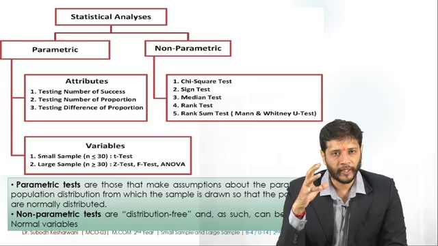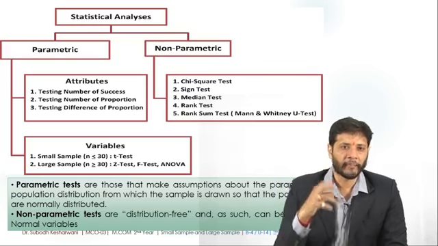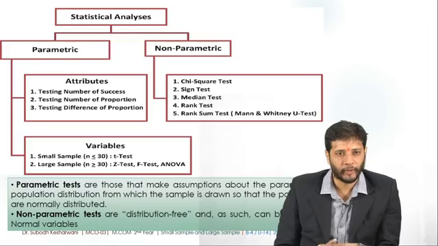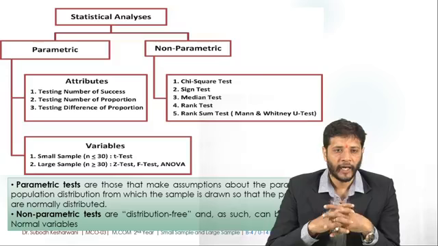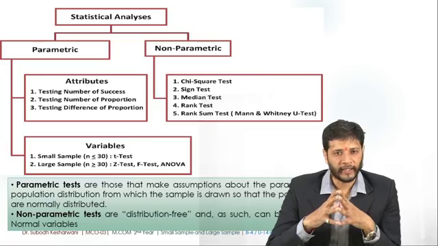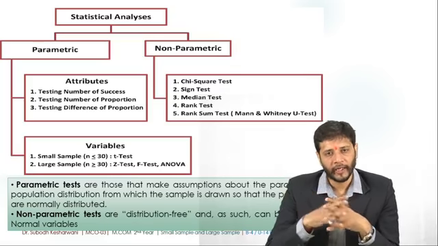So if this statistical analysis is bifurcated, as far as the test is concerned, there are parametric and non-parametric tests. And if we bifurcate the parametrics, there are certain attributes like testing number of success, testing number of proportions, testing differences of proportion, and then variables. So if the small sample size n is less than or equal to 30, we go for t-test. And if we concentrate on the large sample where n is greater than or equal to 30, we are going to apply z-test, f-test, or ANOVA test,